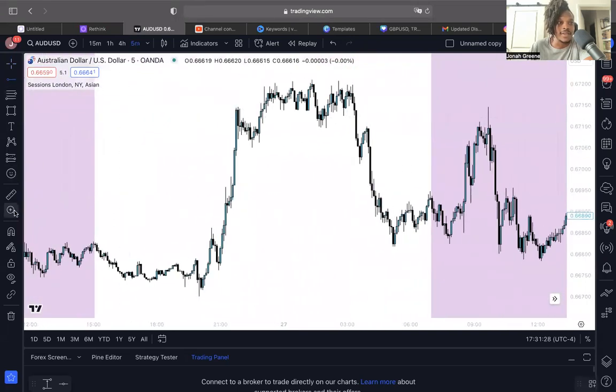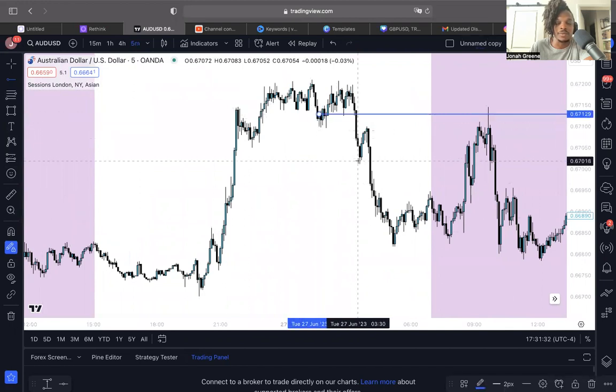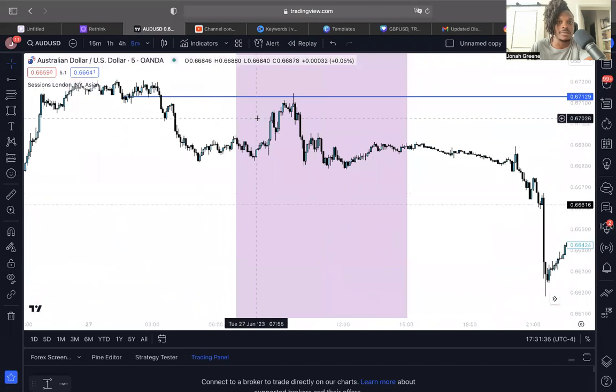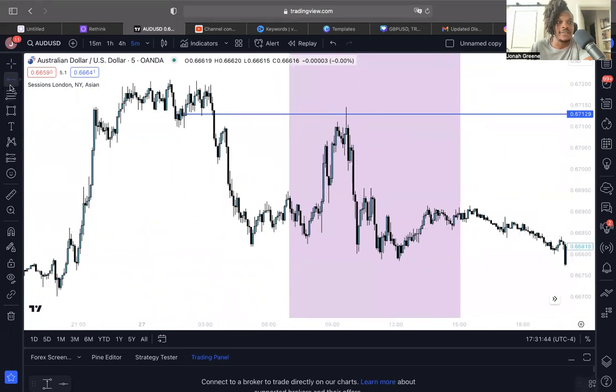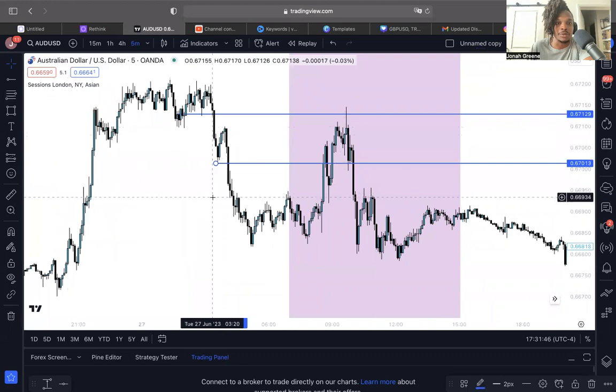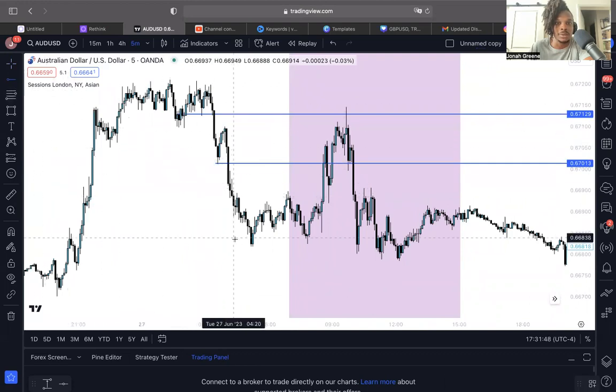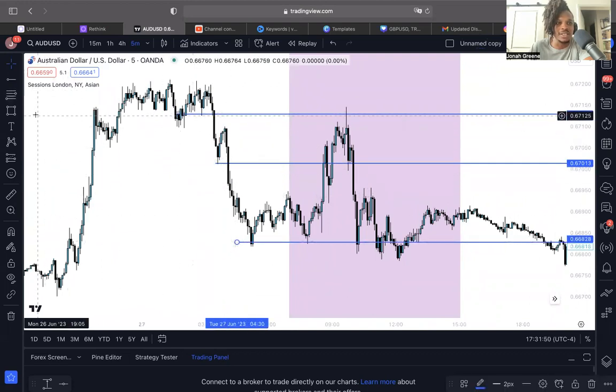Of course, you have a low right here. It's being broken, right? And of course, during New York, what happens? The market comes back up to retest this low, right? And then it heads back down. And you see this key area in this low, you see how these lows right here